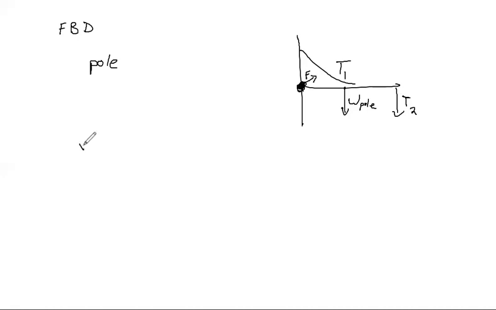We're going to mark the wall, and here's the pole. We're going to have the weight acting down halfway. A little bit farther, we're going to have the tension. And then on the end, we're going to have tension 1. We're going to have tension 2. And we're going to require that all of these forces generate no net torque.